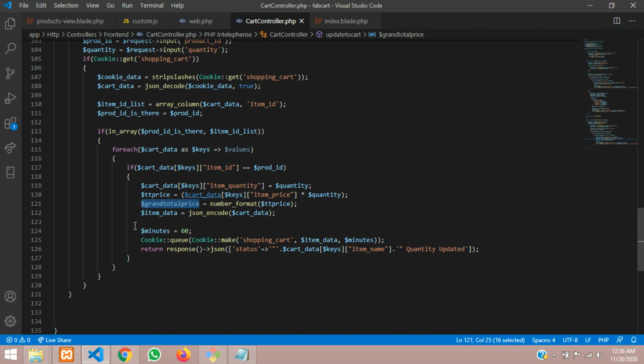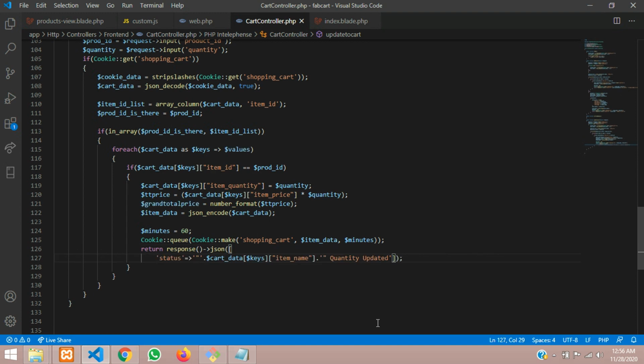So grand total price, you have to pass this in the JSON. As you can see guys, this is the data JSON which we are passing. Let me just separate and make it very clear. Let's give a comma and add the second one. For the grand total price we will keep a shortcut GTP. Okay, let's keep it price, it is clear. Grand total price.